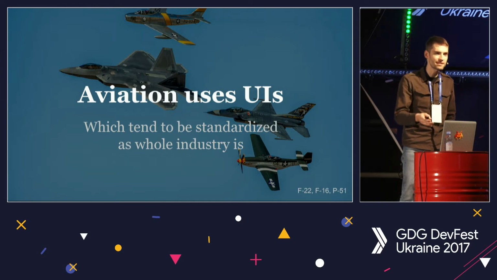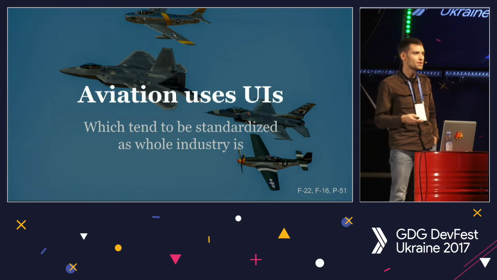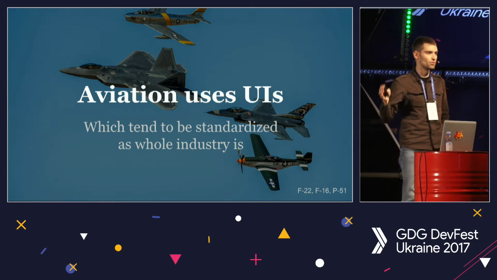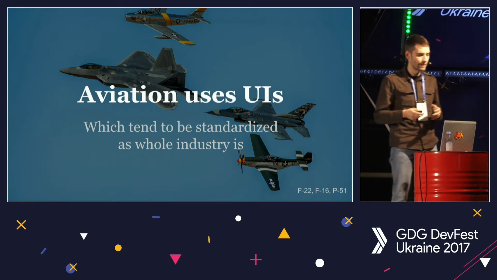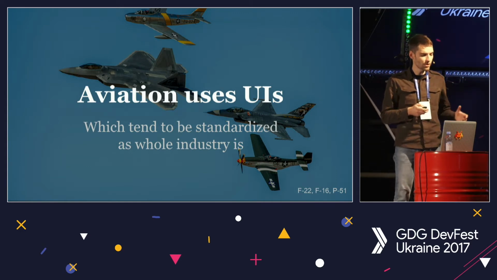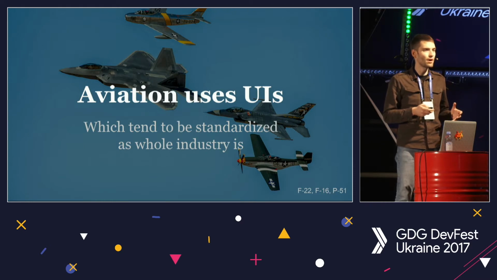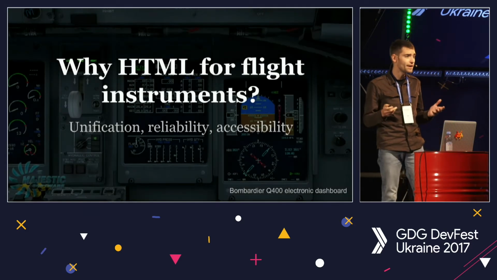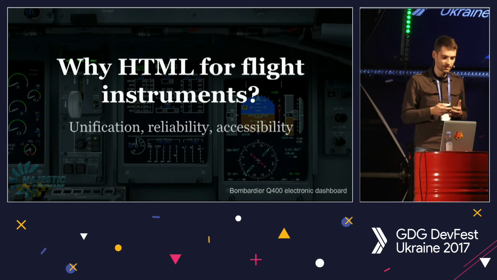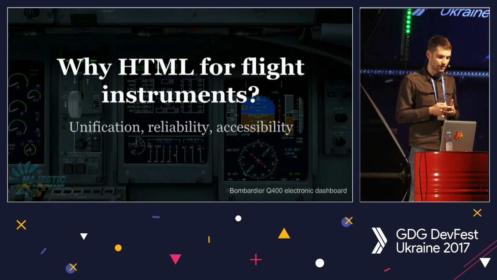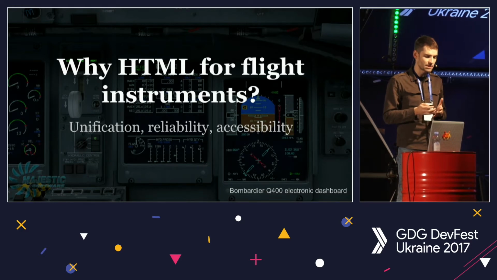It was a nice exercise I tried to make three years ago. So basically, this talk is a combination of two. Together they play well. I mean, they pose a question and then answer it. The first talk was about making airplane UIs, airplane instruments, with JavaScript and HTML. Why try to do that? There are some cons, and there are some pros.